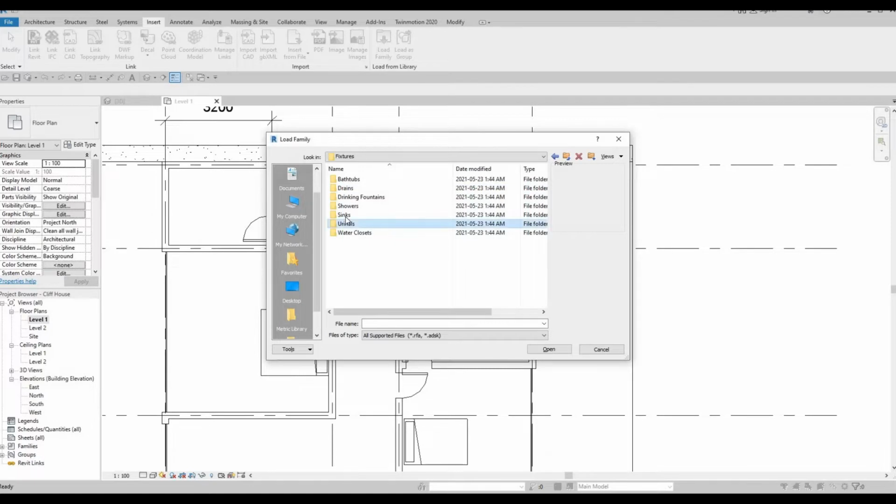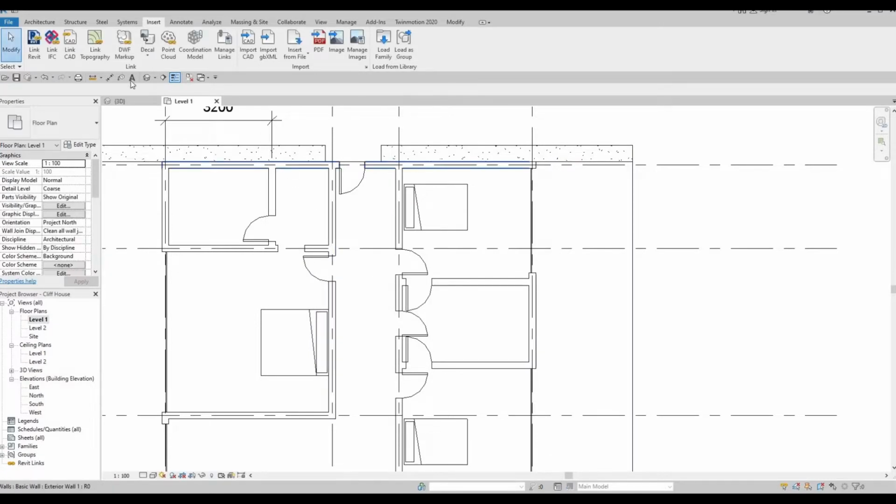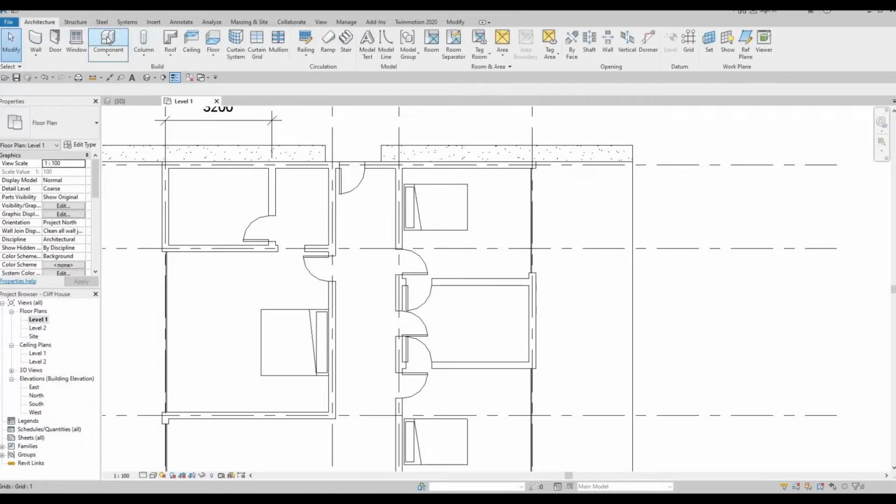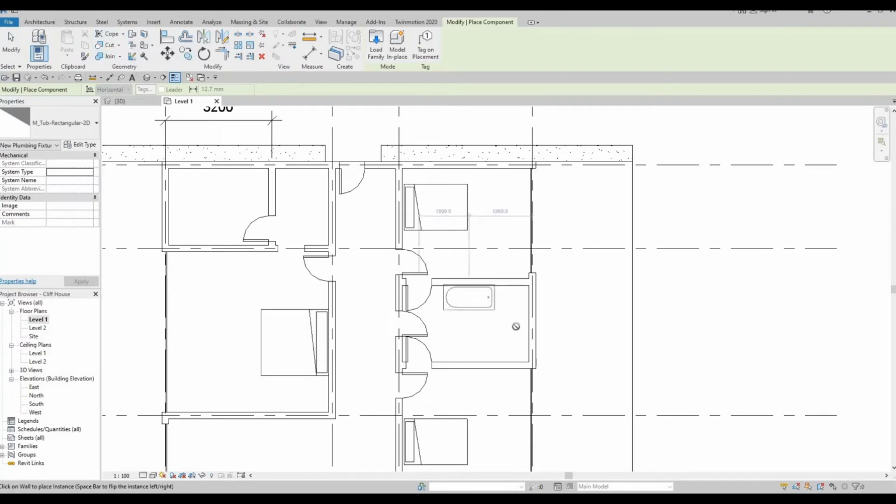We have urinals, sink, shower, and bathtubs. So let's add in some bathtub as well. So let's add this, press open, and then once you do, you just click component and it will be